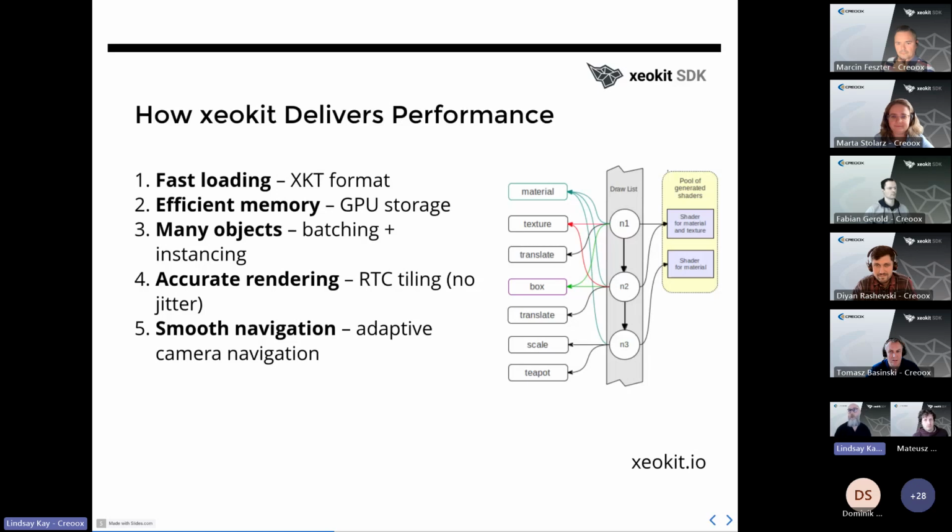We've also built xeokit from the ground up, not using any other WebGL frameworks, because we need a level of performance and a low memory footprint which wasn't really available when xeokit was conceived. So we designed it from the ground up to render these large models efficiently, and we're constantly tuning it using